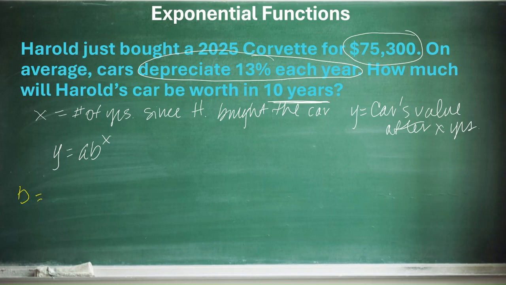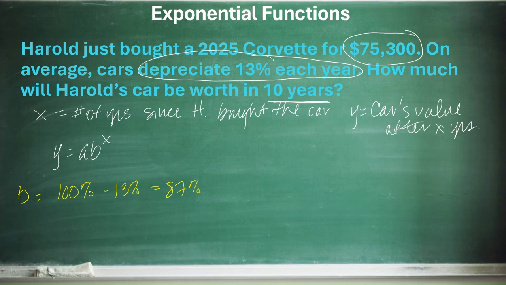So normally we always start with 100% of our value. So the day Harold bought his car, it was worth 100% of what he paid, so exactly $75,300. So we're going to say that at that point B was 100%. But then it loses 13% each year. So we know that when we do that, we are keeping a value of 87%,